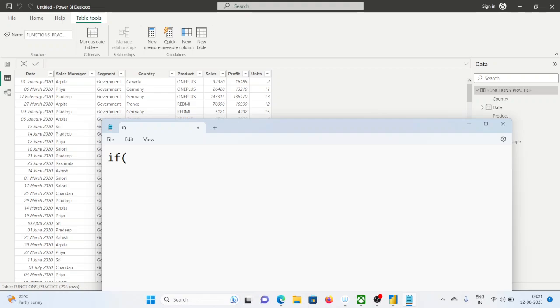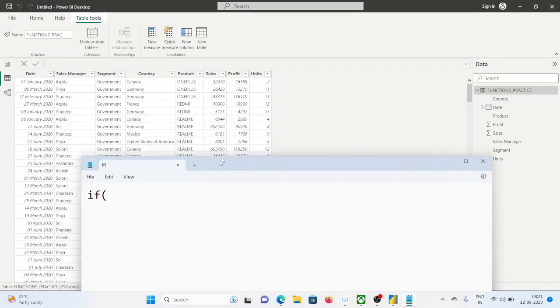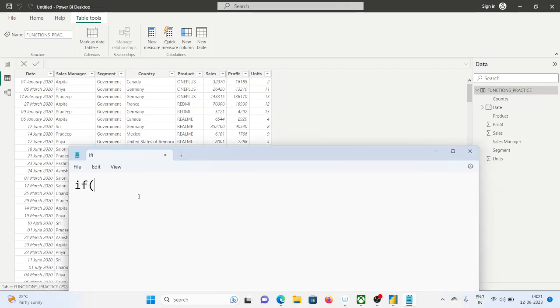Regular question. Okay, so suppose this product, right? OnePlus, Redmi, and Vivo, they have decided to give some bonus to their employees. Okay, so what we can do is, if product equals to OnePlus, okay, or if product equals to,